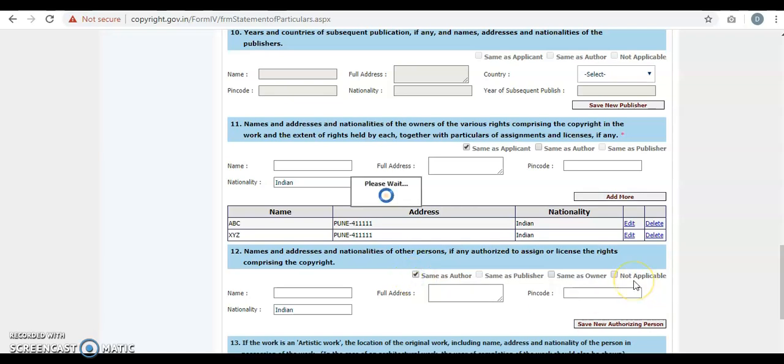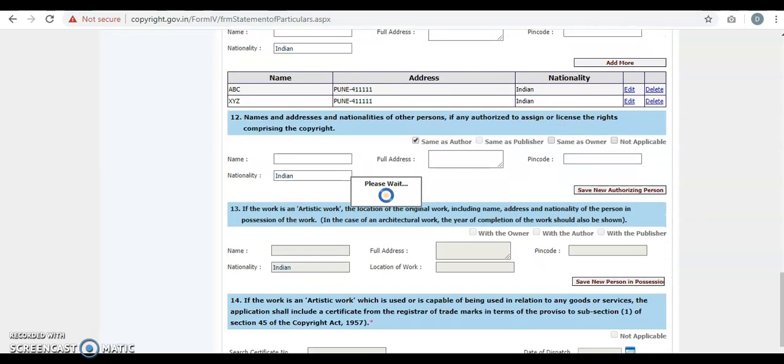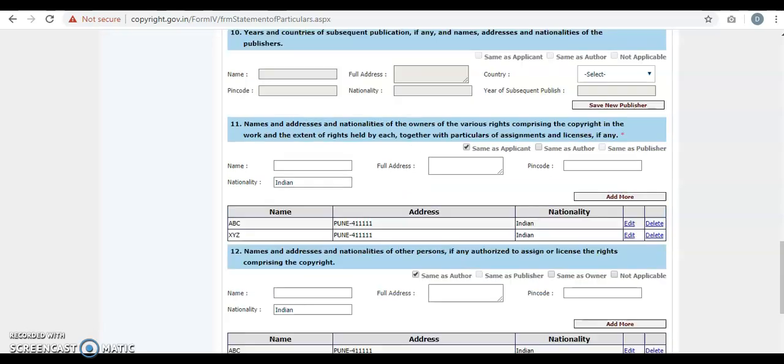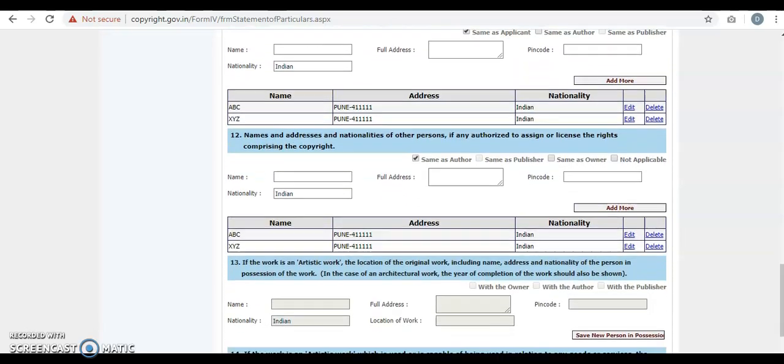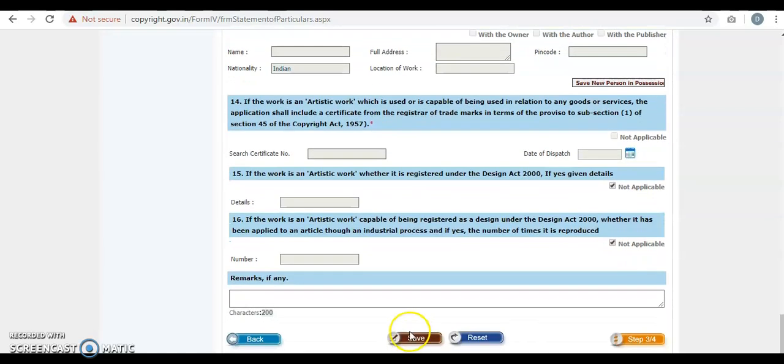If you want, you can click on not applicable. If everything is proper, after saving, you will be redirected to the next page.